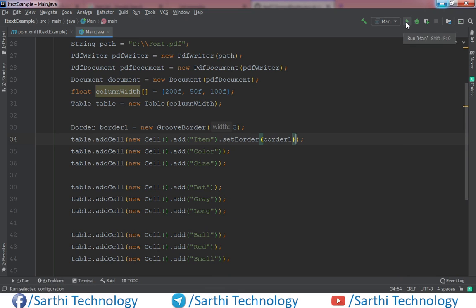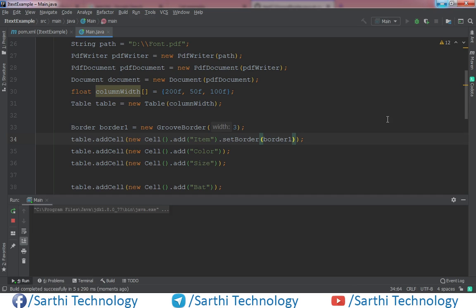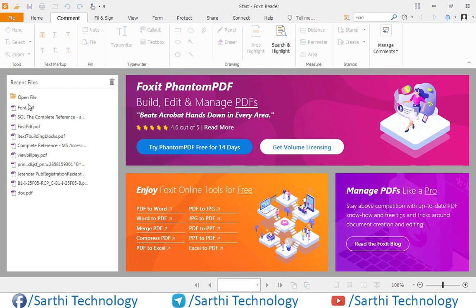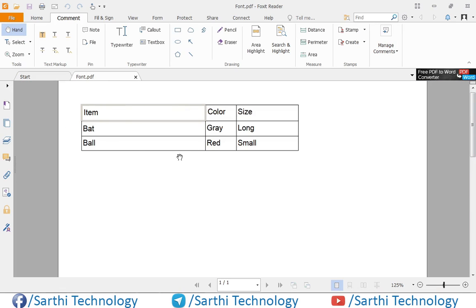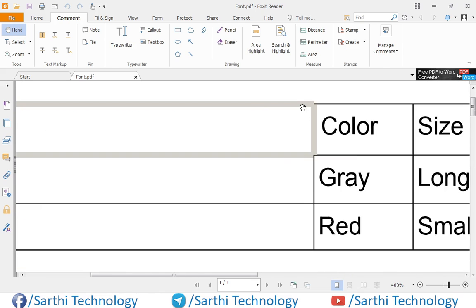Now run this. Now open the PDF, and here you can see the group border.